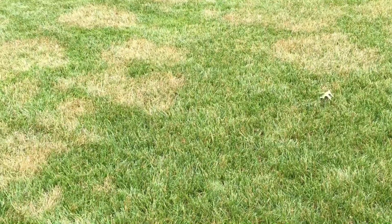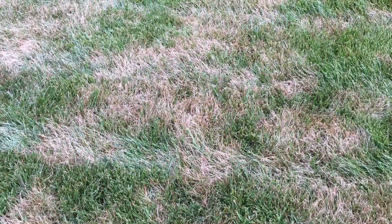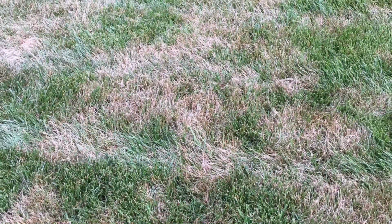That is correct. Cool. I think you touched a little bit on this just now, but what's the best way to manage brown patch in fescue? And please explain some cultural practices that our clients can do to help GCI manage disease in their yard. Yeah, so we did cover pretty much all of that. But once again,